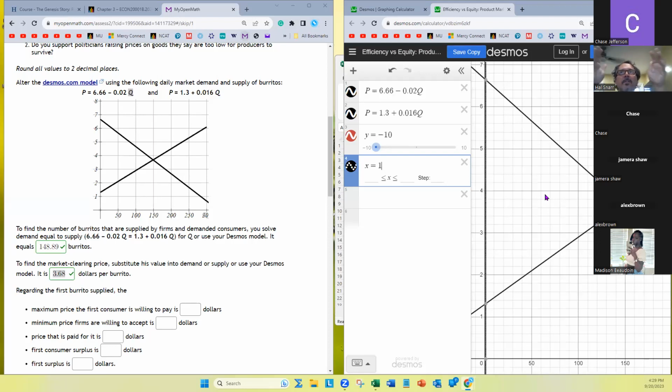So one way to think about a demand curve is that you put the richest, most hungry person on the demand curve furthest to the left, right? So this person here has got money and is hungry and loves burritos, right? What is that person willing to pay for that very first burrito? In my model, that person's willing to pay what? $6.64, right?